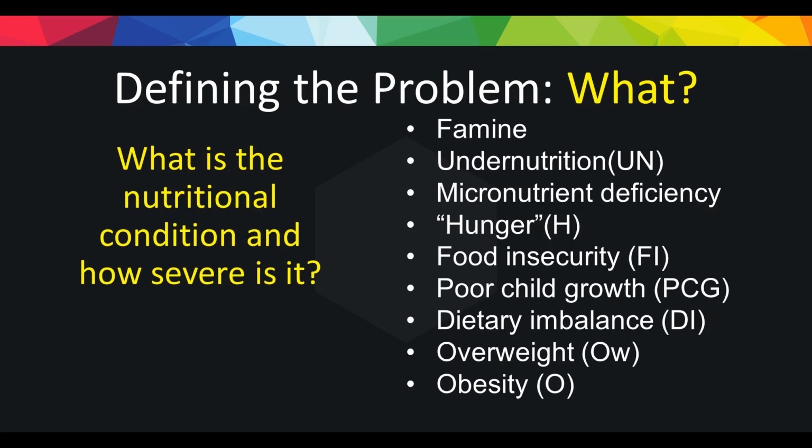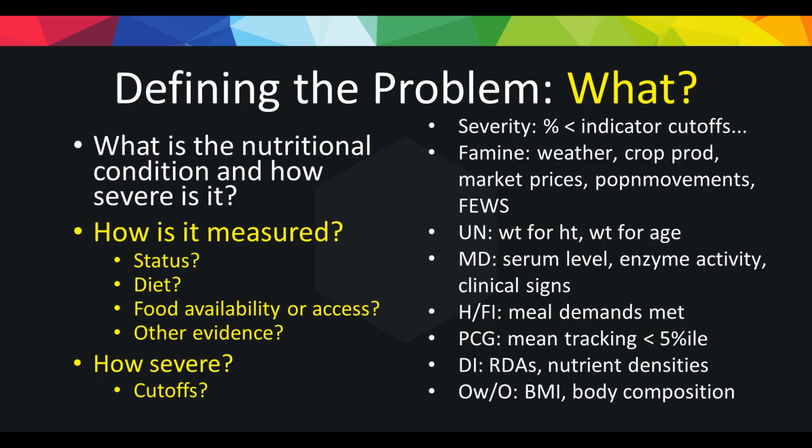They have an imbalance of dietary intake, as well as overweight and obesity. So this is what we call the first steps that the policy makers have to come up with. Apa sebenarnya keadaan pemakanan dan betapa seriusnya keadaan masalah itu yang berlaku. That's the first step.